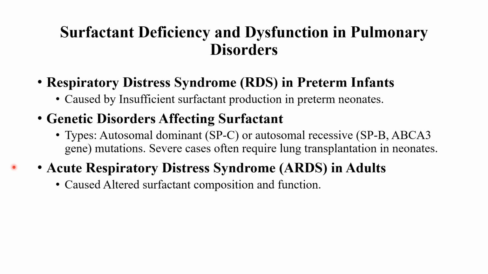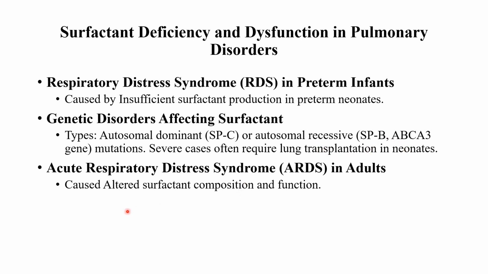We also have other instances where there are mutations in some of the SPC proteins, which are autosomal dominant mutations, or we can have autosomal recessive mutations of SPB or ABCA3. This is one of the proteins that facilitates the movement of the phospholipids into the lamellar bodies. So if there is a mutation of this, they will cause problems with production of surfactant, and so we'll have difficulty in breathing. And usually the cases can be quite severe and they might require lung transplantation, especially in the